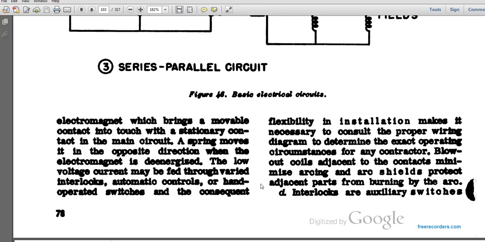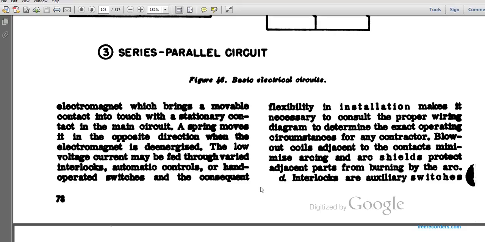the basic electrical circuits. Electrical motors bring the movable contact to the stationary contact of the main circuit. The spring moves in the opposite direction when the electrical magnet is energized. Low voltage can be fed through the various interlocks and automatic controls and hand-operated switches. In consequence, flexibility of installation makes it necessary to consult the proper wiring diagram to determine the exact operation circumstance for